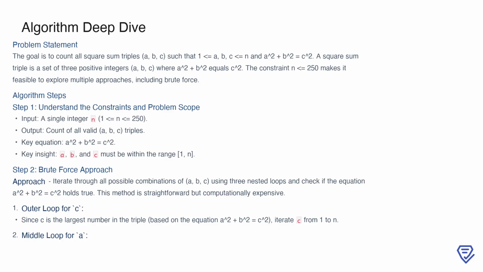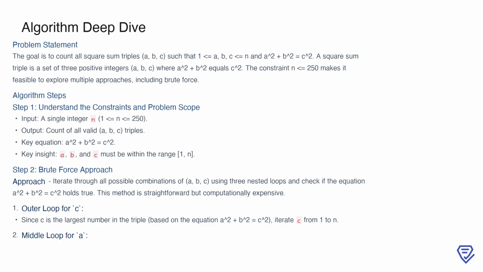To start, we need to fully understand the constraints and the problem scope. The input is a single integer n, which defines the range for a, b, and c. Our goal is to output the count of all valid triples that satisfy the equation. A key insight here is that c must be the largest number in the triple, as it represents the hypotenuse